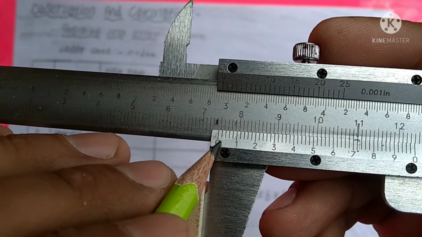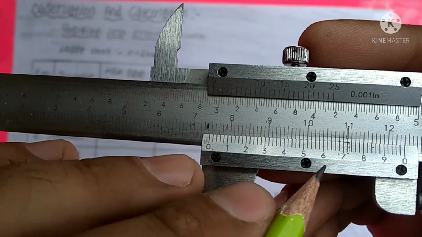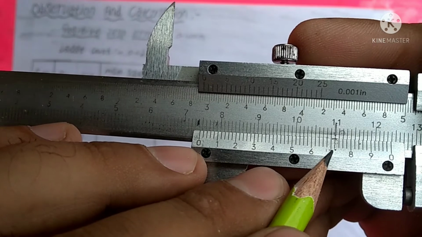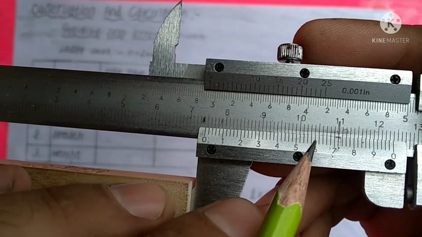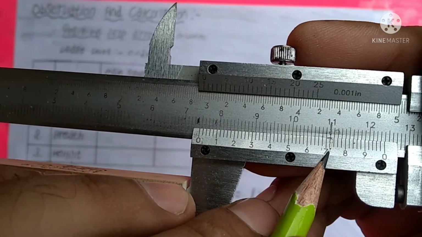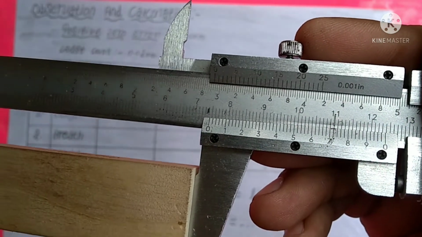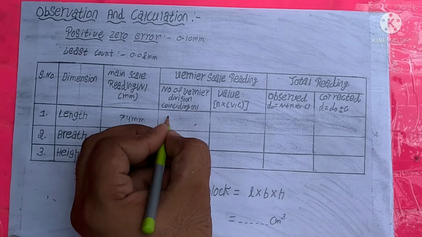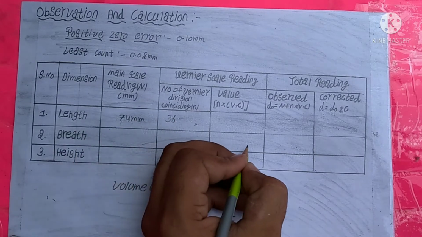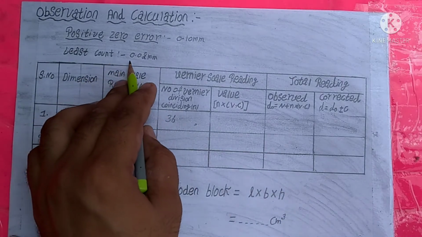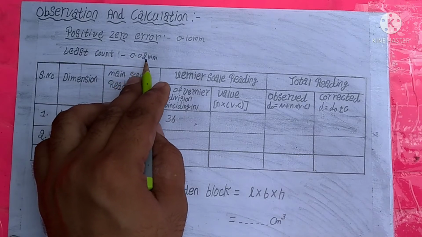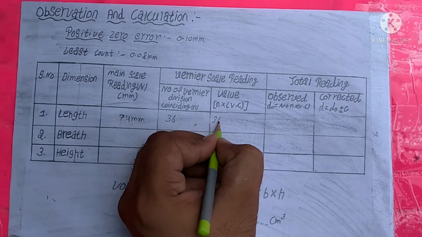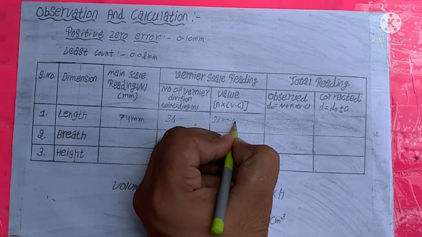So there are total 5 divisions in each interval. Up to the 7 there are total 35 divisions and 1 more division. So it means our 36th division best coincides with the main scale. So our number of vernier scale divisions coinciding is 36, but the least count of our vernier caliper is 0.02 mm. And now multiply with 36